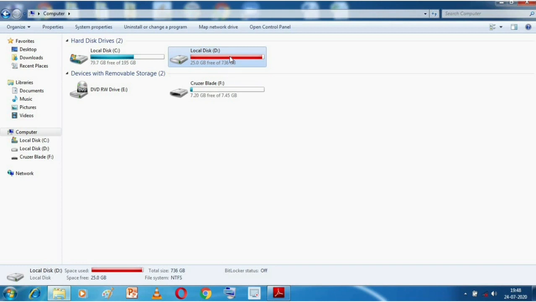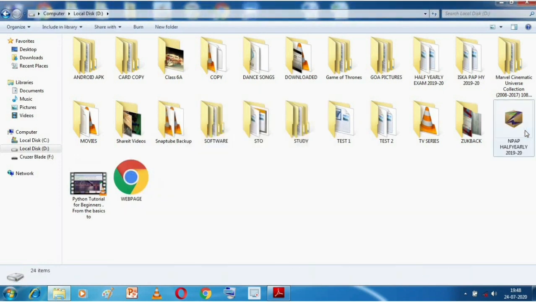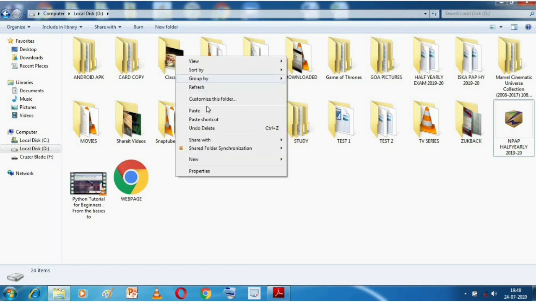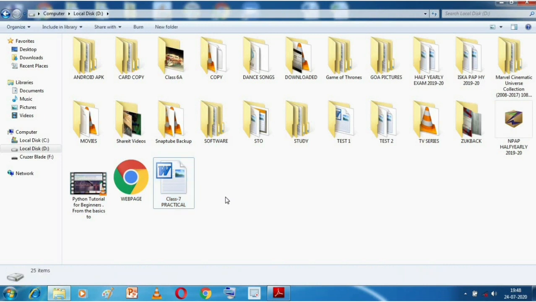I will open the D drive, click on any empty space, then right click and click on paste. Now see, the file has been copied from my pen drive to my computer. So our task 1 is completed.